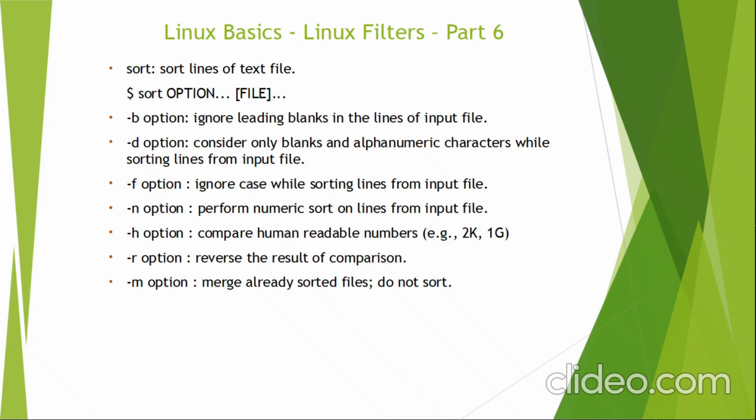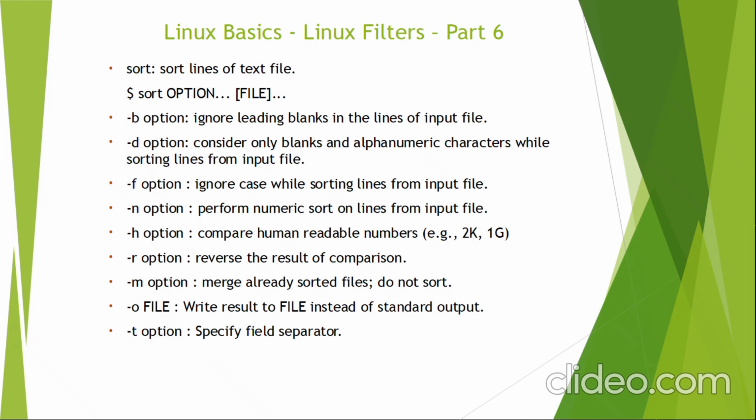When we specify already sorted files as arguments with the -m option, those files specified as arguments would be merged. They should be already sorted files. Then coming to the -o option, with the -o option we can send the output of a sort command to a particular file. There are two ways of sending output. One is by output redirection, which we know, and the other is using the -o option as far as the sort command is concerned.